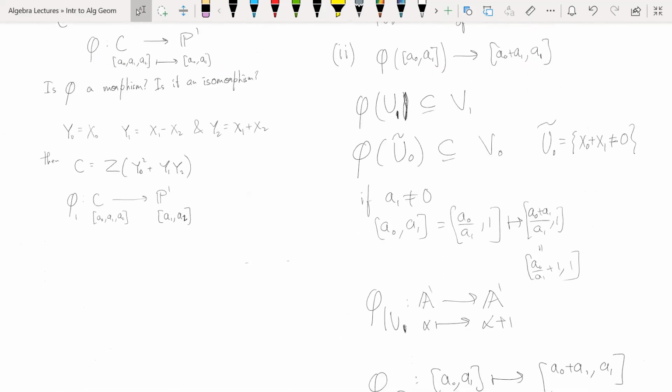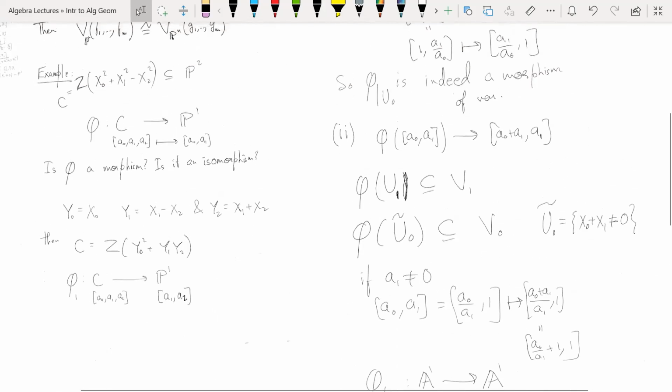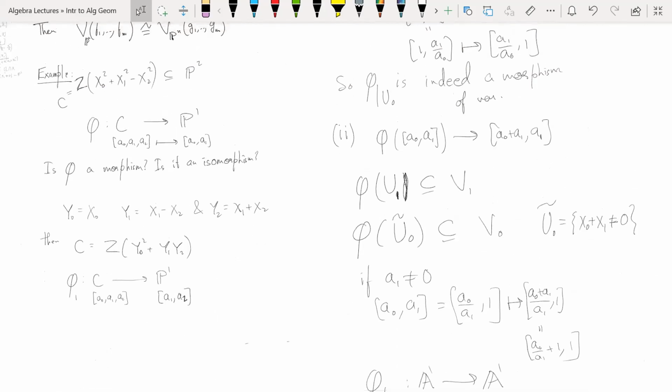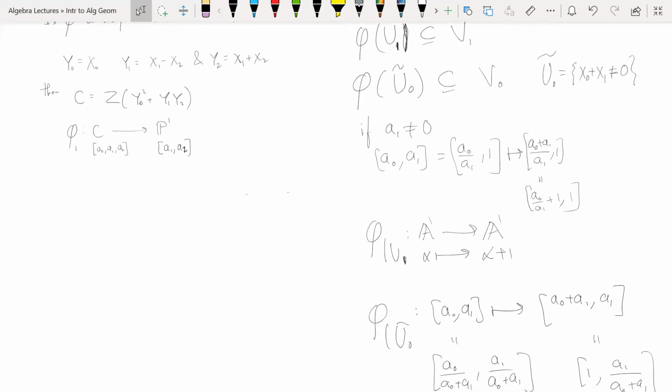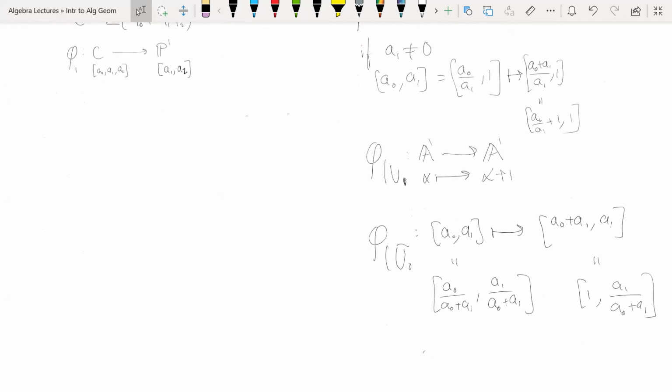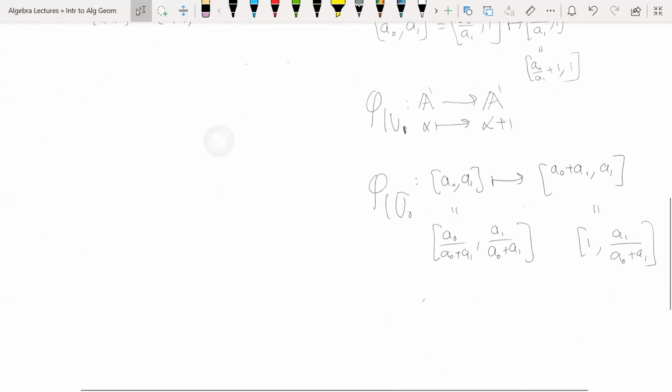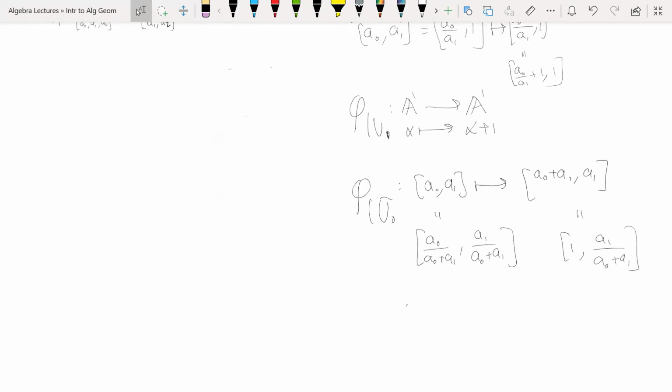If you think in terms of this u1, there is only one point missing, and in that neighborhood it will be given again by some polynomial, which will be something like alpha goes to alpha plus 1, but